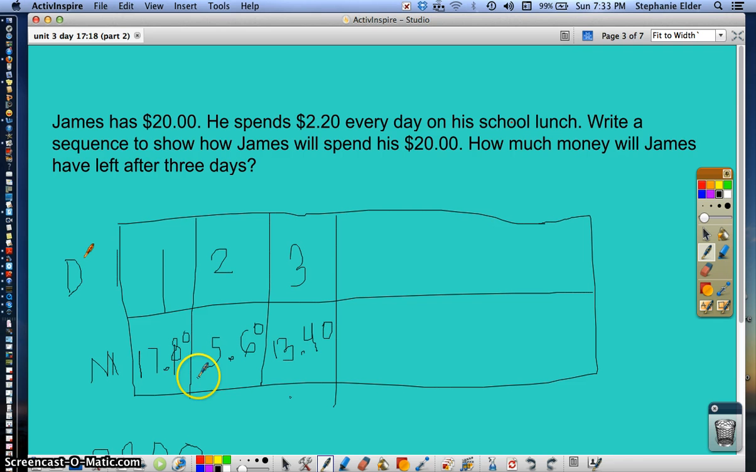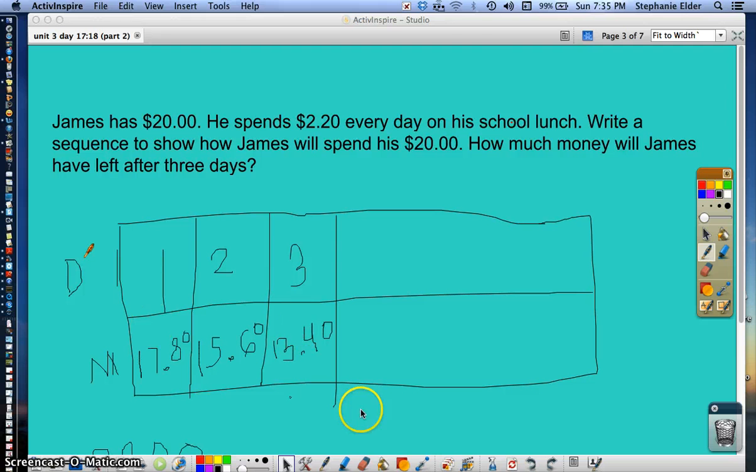he spends $2.20. And so I already did the calculation. So if you say $20 minus $2.20, that will give you $17.80 on the first day. Then on the second day, you have to subtract $2.20 from what he has left. So that would be $17.80 minus $2.20. That will give me $15.60. On the third day, you have to subtract $2.20 from $15.60, and that would leave me with $13.40 after 3